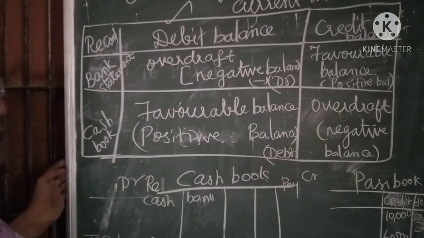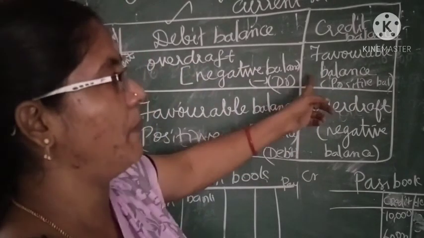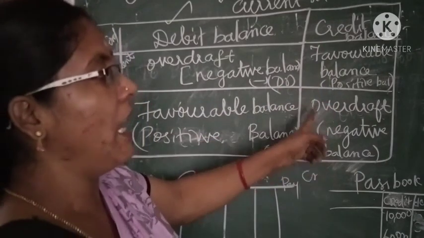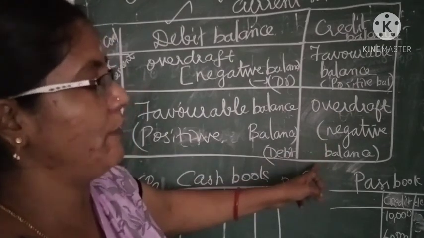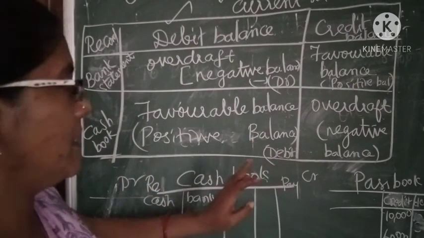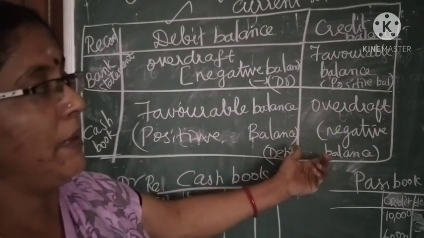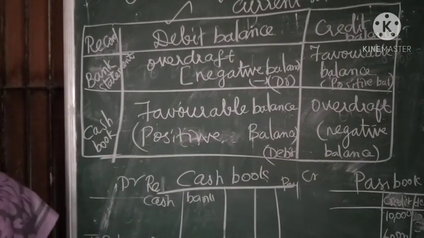Now passbook, bank statement means, other name we call it as a passbook. Passbook favorable balance is a credit balance. Unfavorable balance, already I have told you, explained you, unfavorable balance is an overdraft, isn't it? So cash book credit balance is an overdraft. Now let me explain about the different